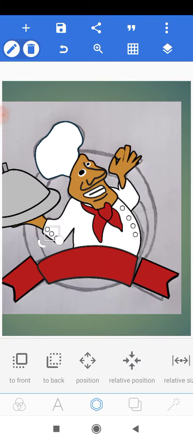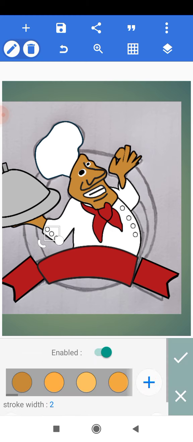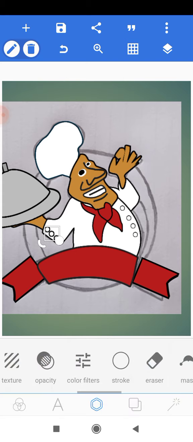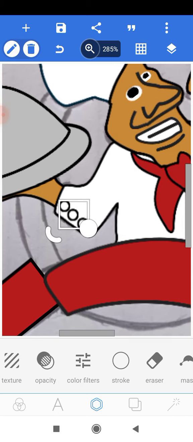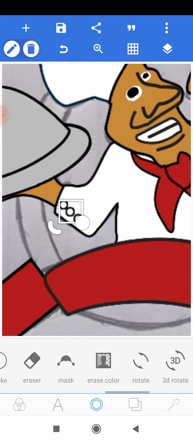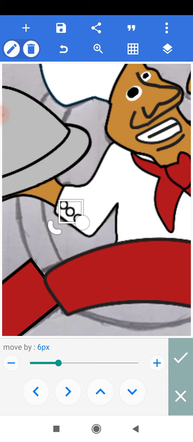So I have it grouped, and then I'll increase the stroke a bit. Increase the stroke. So I'll just zoom in, and then I'll just choose to resize it a little bit. So I'll still use the positioning option to position it nicely,